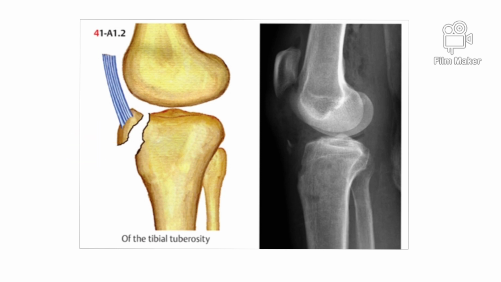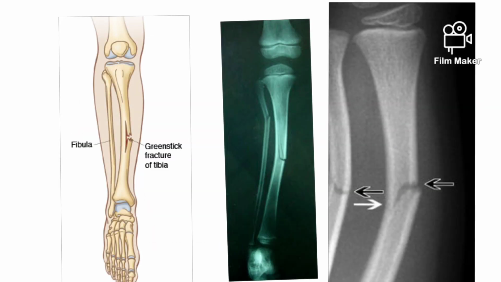And we also see the green stick fracture. Green stick fracture is nothing but, in this the fracture is only incomplete, that is fracture extends only to one side and the other side is intact, that is there is a break at one side and the other side is intact or bent. We call it a green stick fracture, and we see it most commonly in children because of the softer bones.